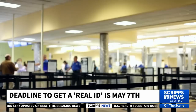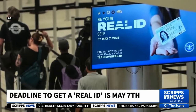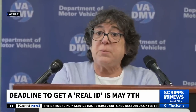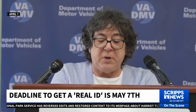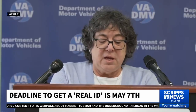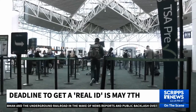That's because beginning May 7th, TSA is expected to enforce the rule requiring a Real ID compliant ID in order to travel. Travelers traveling without a Real ID compliant ID or another acceptable form of identification should be prepared to experience some delay at the TSA security checkpoints that will potentially impact their travel. Bottom line is that it's best to get your Real ID sooner rather than later so you don't risk missing